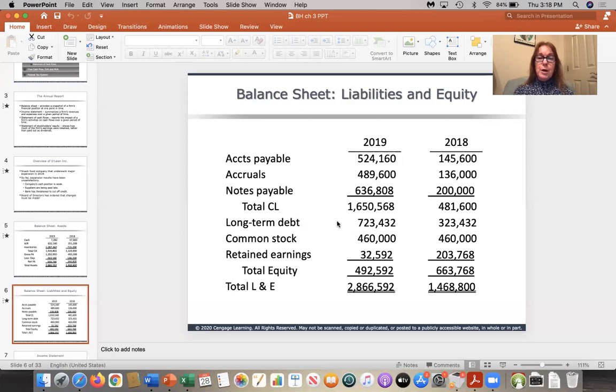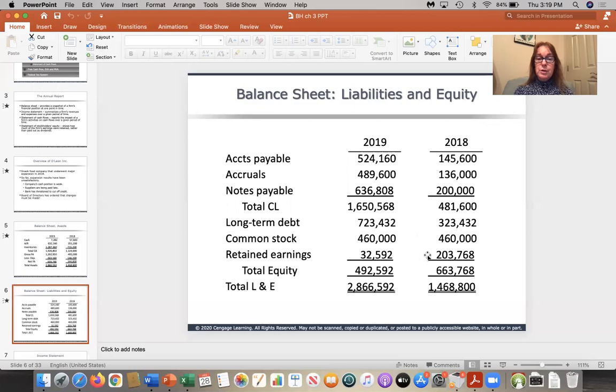That's loans or bonds that are coming due in a term greater than 1 year. Okay, and then we have our current liabilities here, long-term debt, and then these two portions are equity. The common stock, this is the book value of the common stock that's been issued, and then these are retained earnings. So you see that in order to fund this expansion, they've increased their debt, and they have used